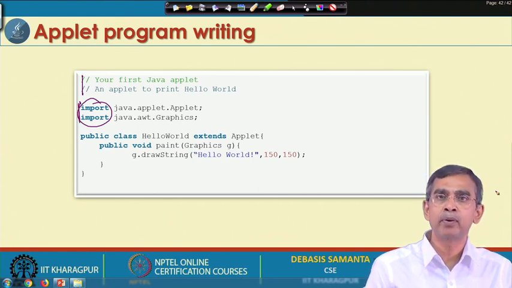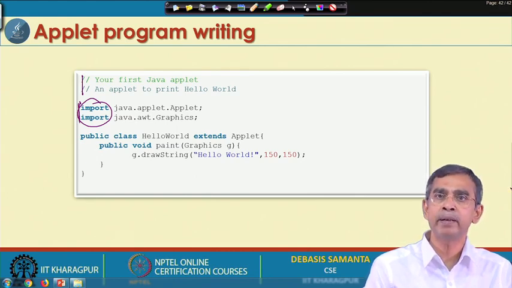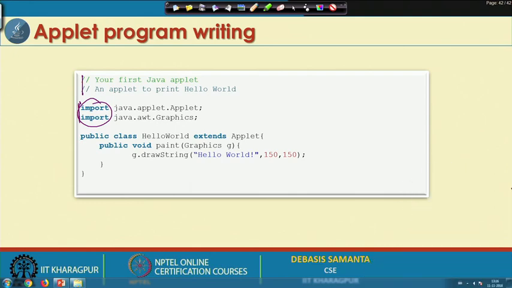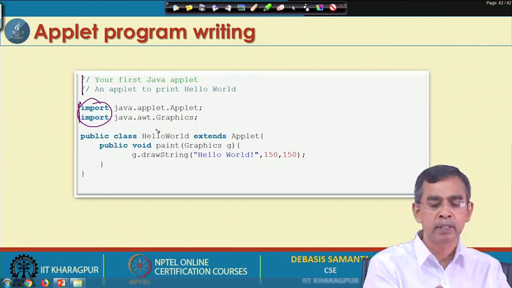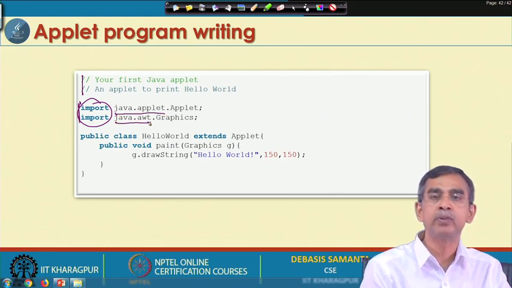For Java applet programming, two packages are very essential: one is java.applet and another is java.awt. Here you can see how one can import the two packages java.applet and java.awt.